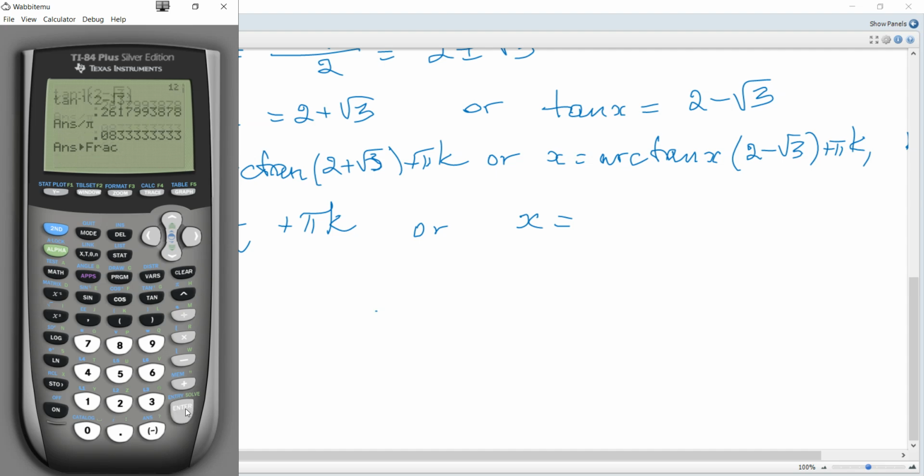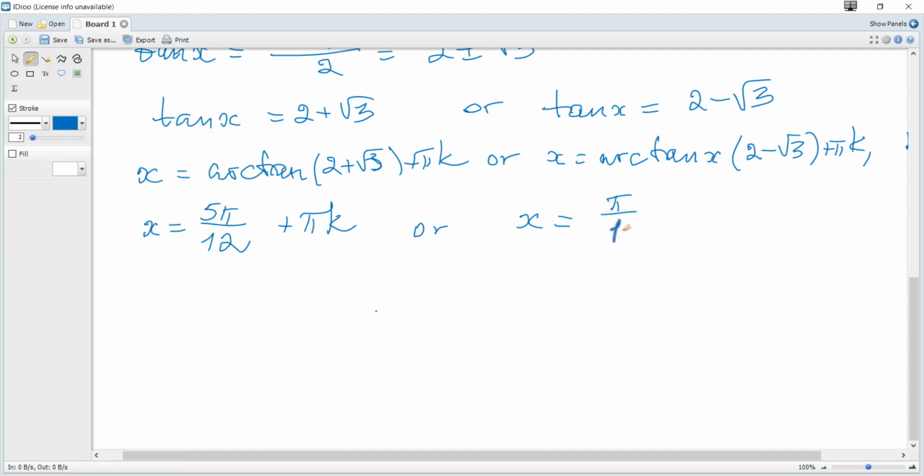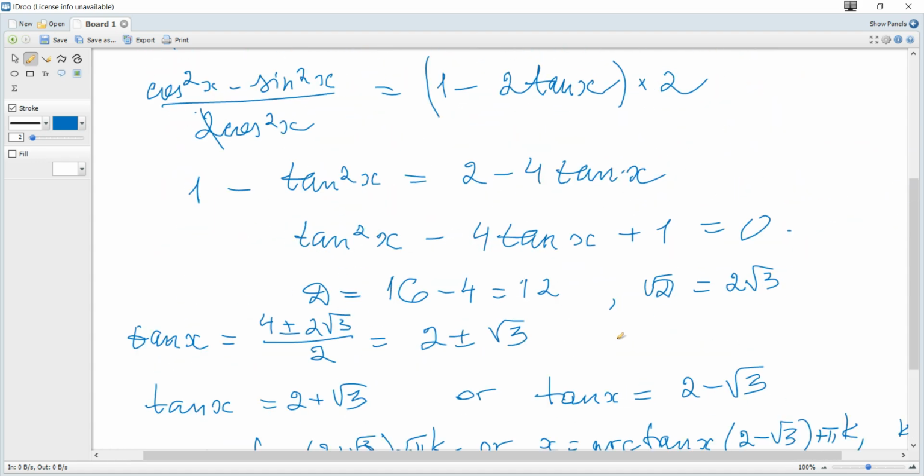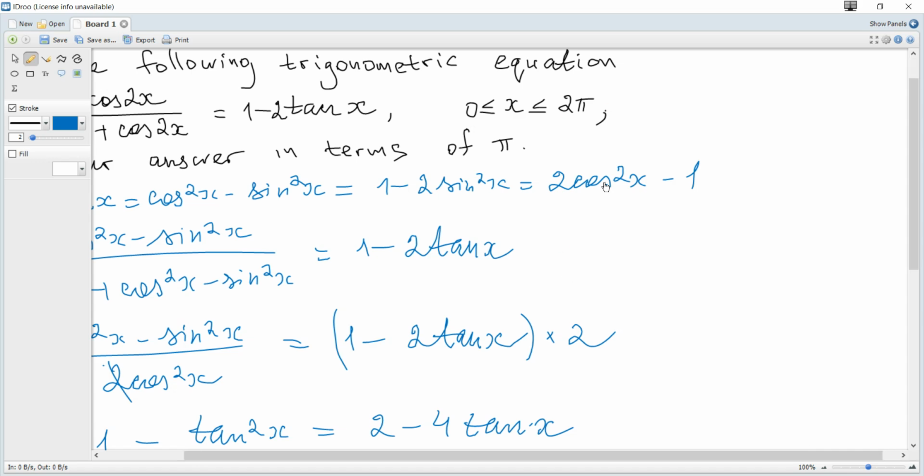We get that it's 1 over 12, but since we divide by pi, it's in terms of pi, so it's pi over 12 plus pi k. And we need x to be from 0 to 2 pi,